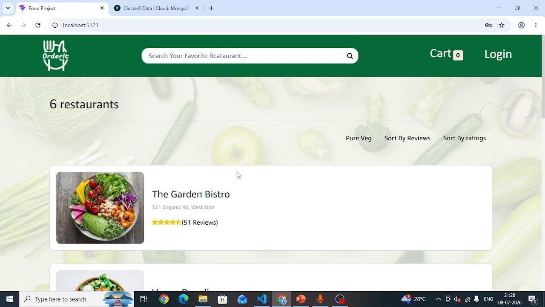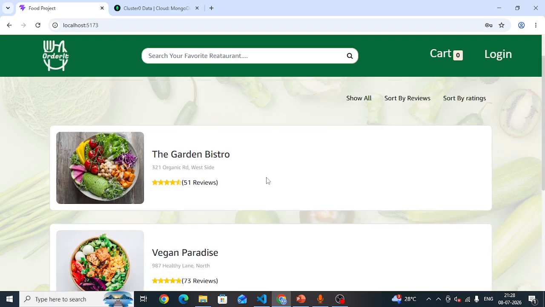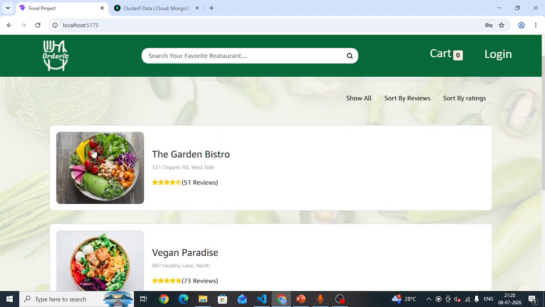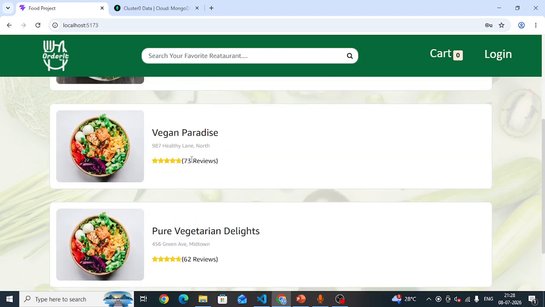This page shows total restaurants. There are 6 restaurants. If I want to search for pure veg, then click. So it will show the pure vegetarian restaurants.